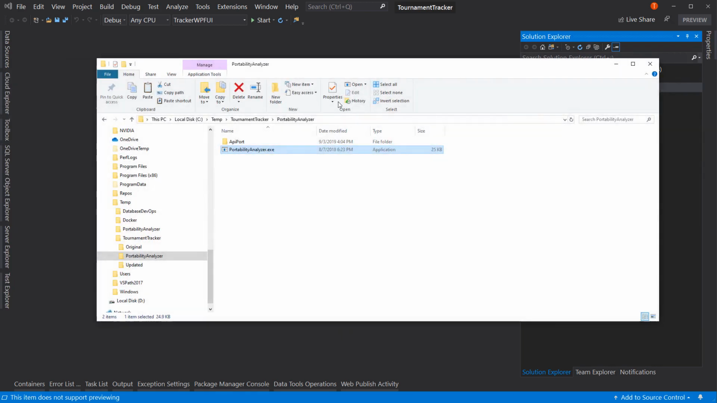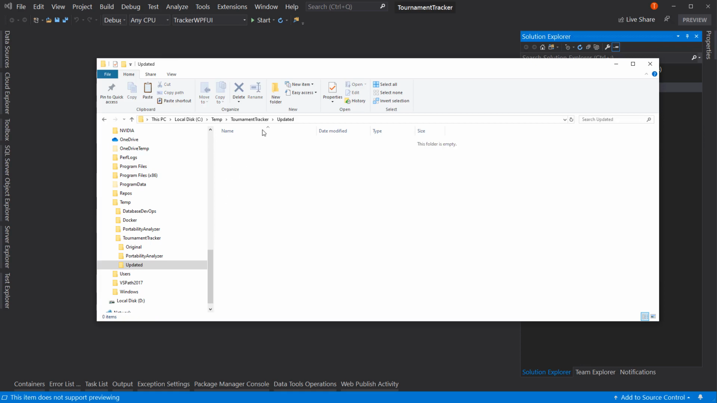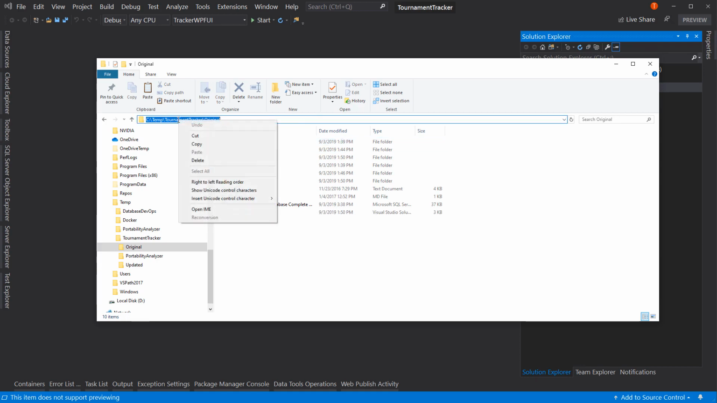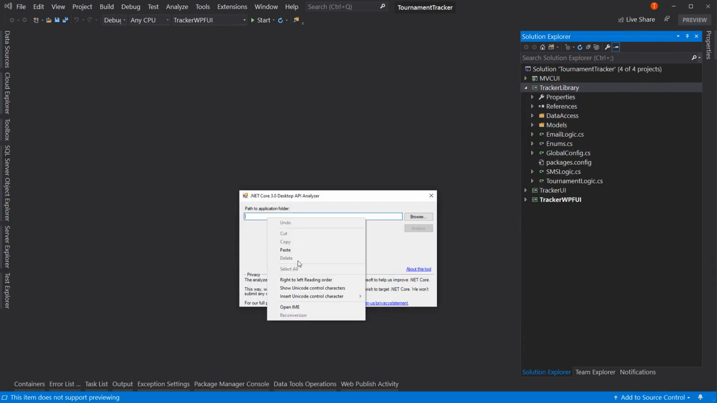If we come back over here and look, I've got 3 folders. I have the original project, that's what we're looking at right now, then I have the updated project, which is empty, and I have the portability analyzer. We're going to run against this original project so we can understand what needs to be done. So let's take that file path and paste it right in here. We're going to say analyze. And what this will do is look through our